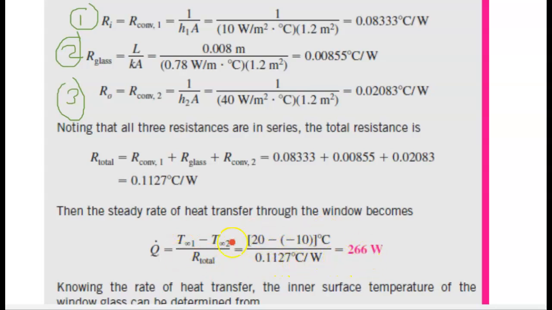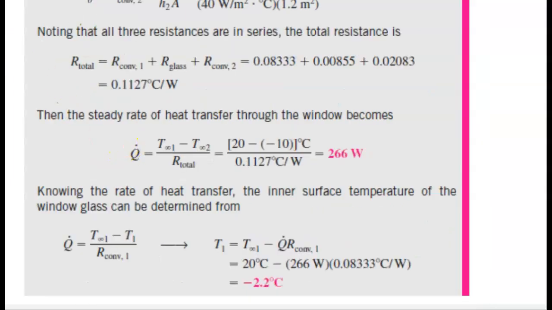give you, if you put that in, a heat transfer of 266 joules per second, which is actually a watt. So we write joules per second is watt, which means every second you are losing 266 joules of energy. Now we got the value for the steady rate of heat transfer, which was